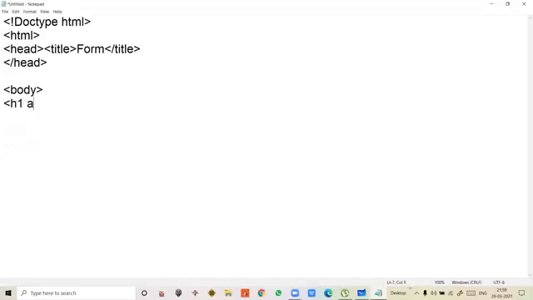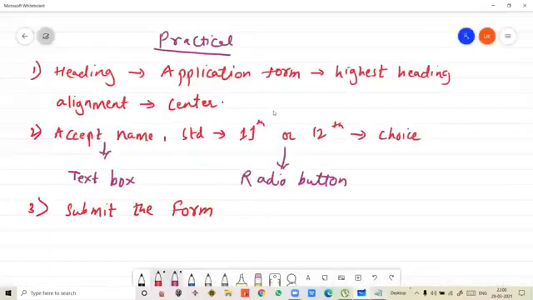Along with that we have the alignment, align equal to center. So we have to write center. And what was the heading? Application form. So we have to write the application form.